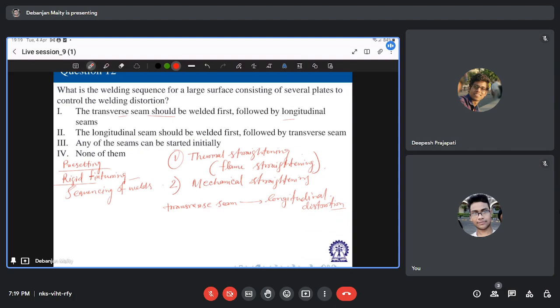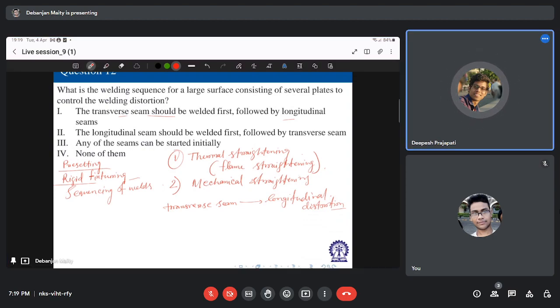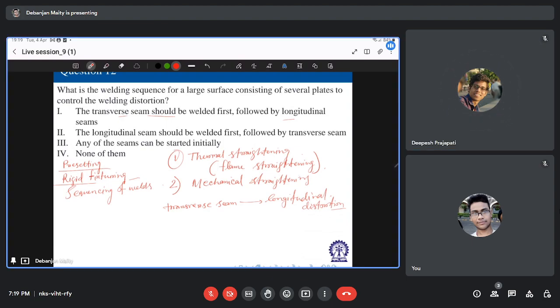Which one will be the right one? The first one. Yeah, that's what I was saying. The transverse seam should be welded first, followed by the longitudinal seam. This is true. That's it, really. If you have any question,